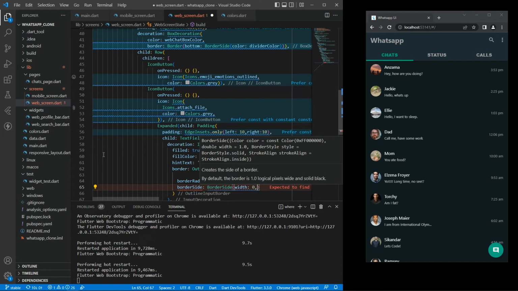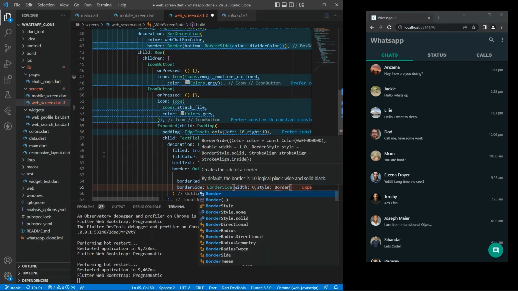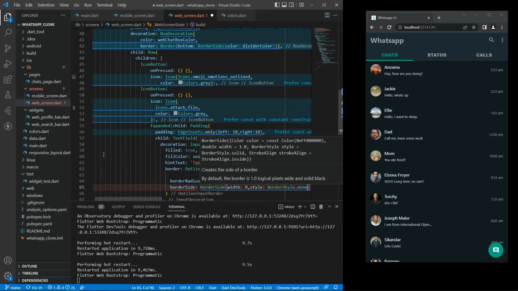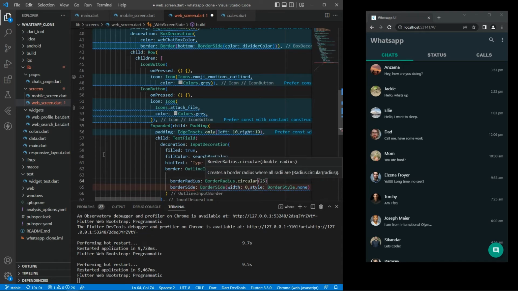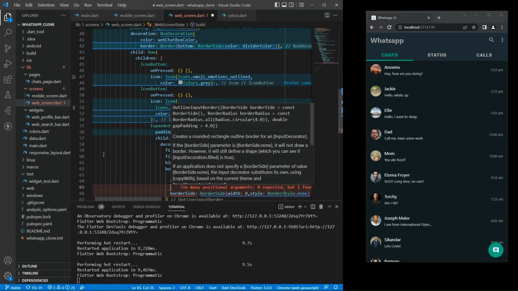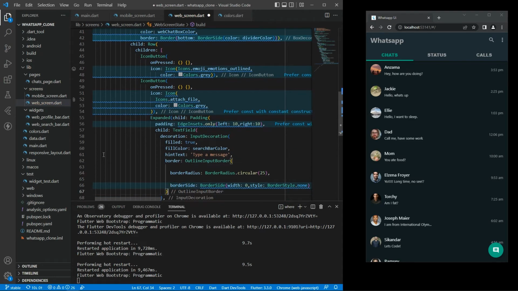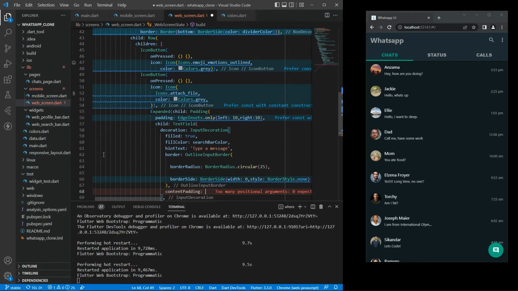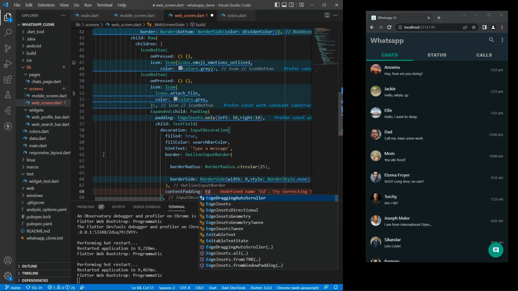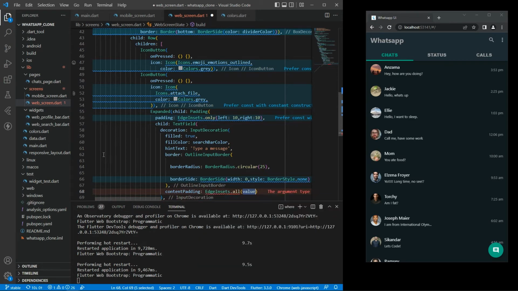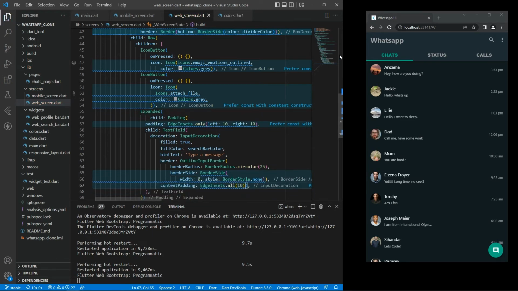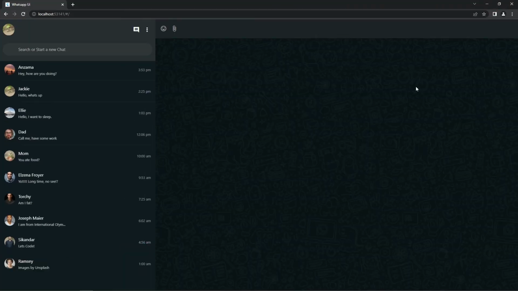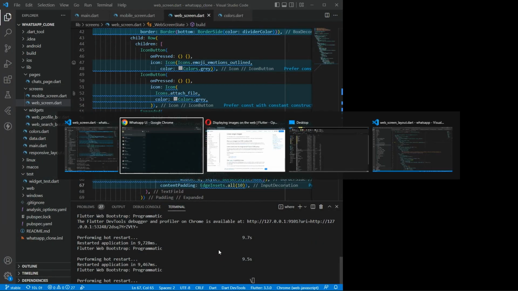It's the same thing that we have done in the previous thing. So we'll provide the style, and it will be border style dot none. Okay, and we'll also set the content padding, but it will not be done over here, it will be done over here, content padding, and the content padding will be at insets.all, and we'll set it to 10. Okay, so let me just resize it and rerun the app,